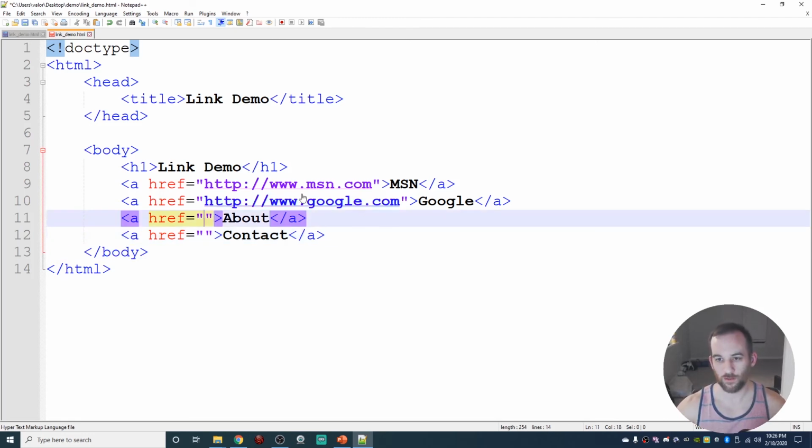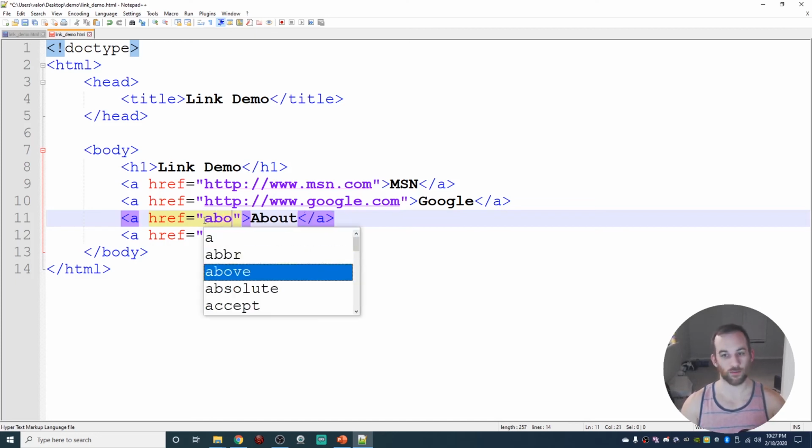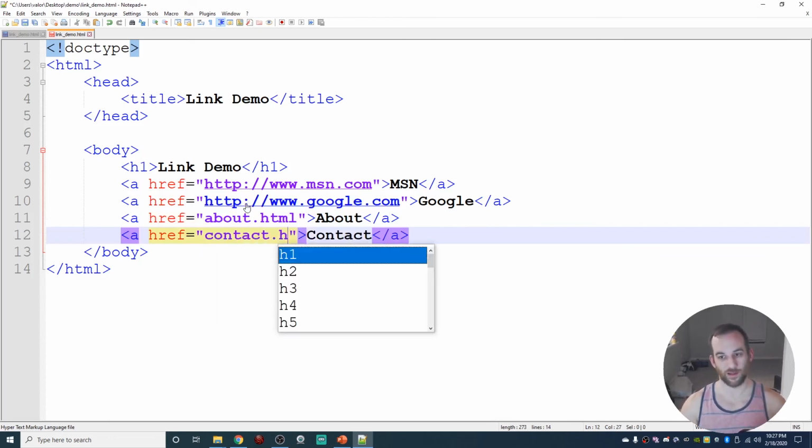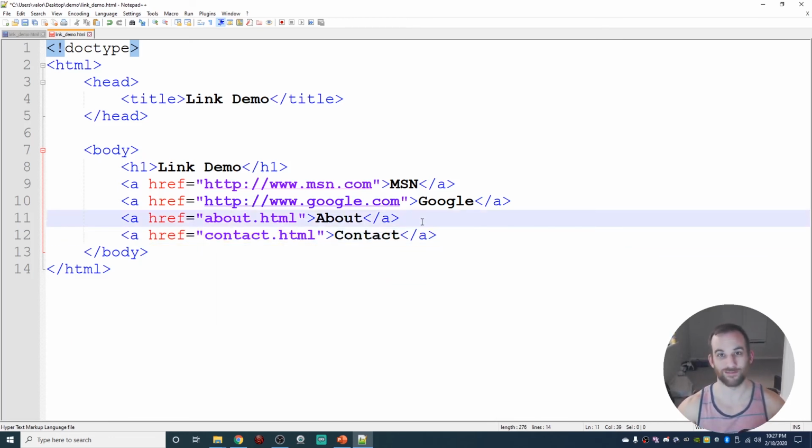And when you're done, since we're not going to another URL, we're going to be going to another HTML file that's within the same folder. This is what's called a relative URL, not an absolute URL, which is up here, msn.com, google.com. Those are absolute URLs. We're going to be doing a relative URL. So all we have to do is just type in the name of the file, about.html, and then contact.html. All right, that's it. So we're going to save it,